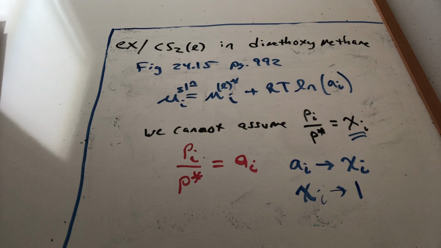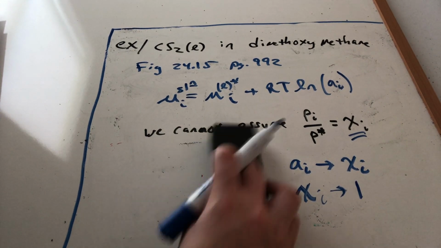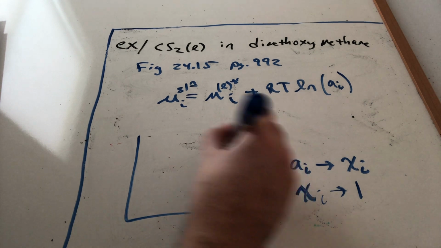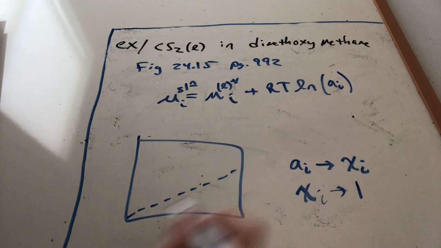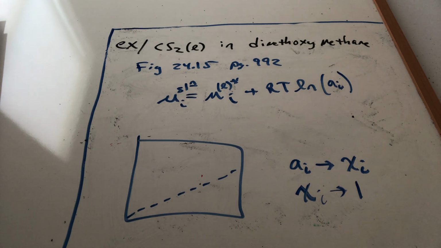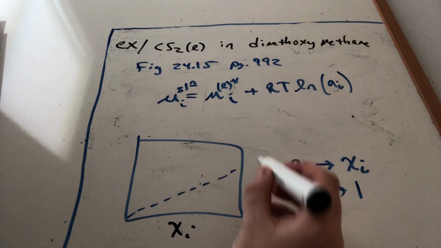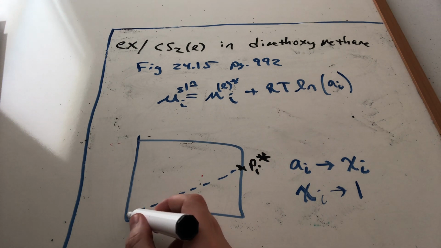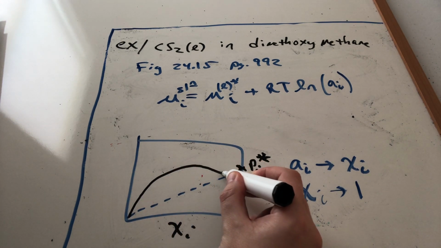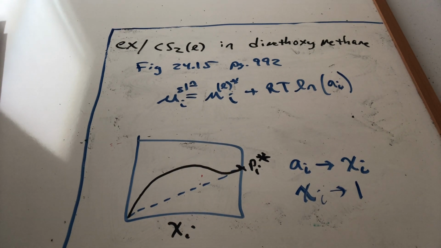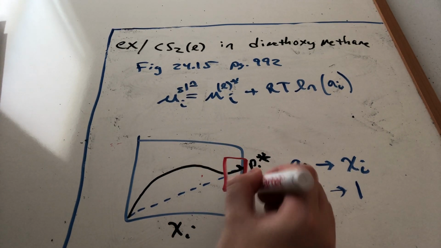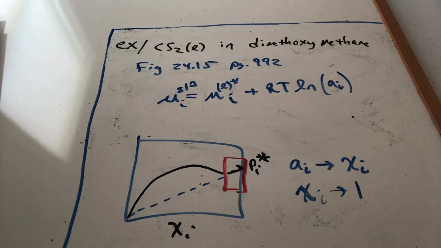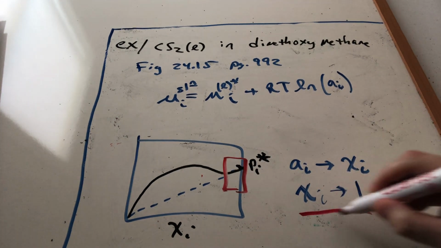All right. And I'm just going to remind you of the way we drew some of those deviations that occurred. I'm going to make a quick little Raoult's law sketch here. Okay. What we said was here was Raoult's law, and when we showed a positive deviation, this will be like chi sub I. This is P sub I star for the pure species. When we showed a positive deviation, we made a bulge, and then we kind of did this. So right here, what we see is the activity is approaching the actual concentration, because notice that these lines are coinciding. At these high concentrations,